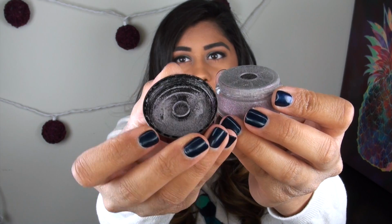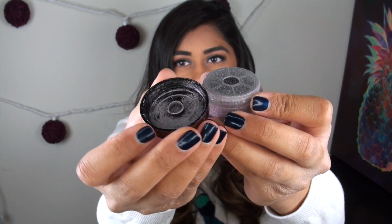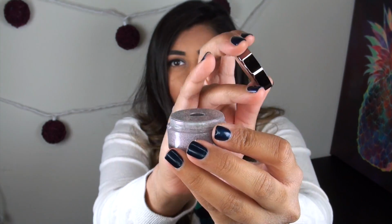But some of the pigment jars did not have the sifter on it when they sent it to me. They had just thrown the plastic sifters in the box, and I had to put them on myself. And because of that, I feel like the entire purpose of having the sifter was gone. You can see there was pigment that was collected up in the cap, and now it's all on the threadings, and now it makes a mess every time I open and close it because the sifter wasn't put on the